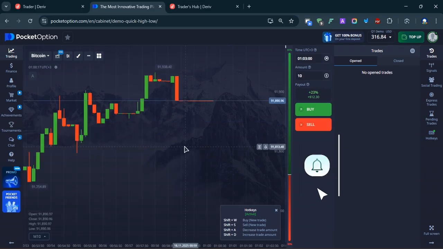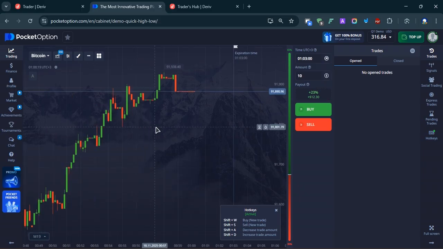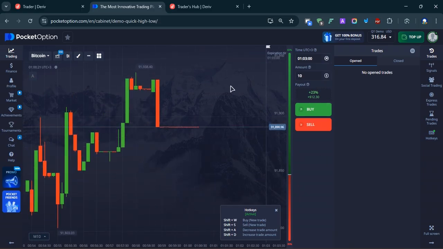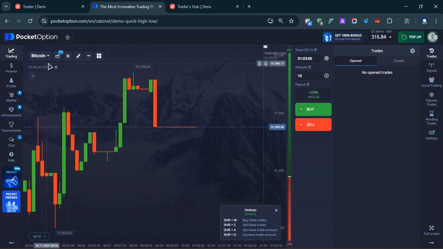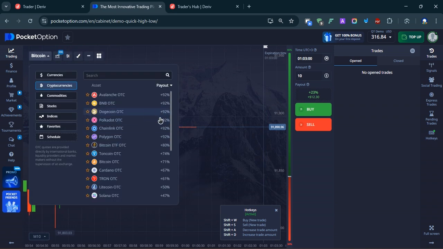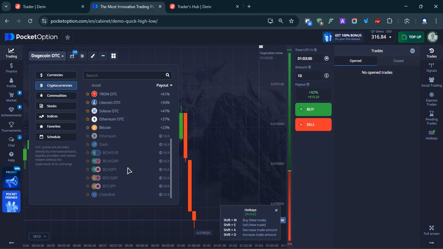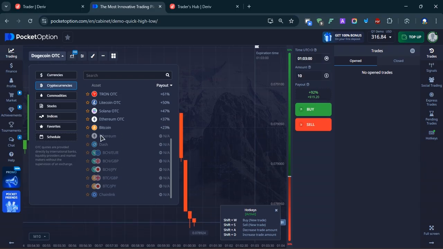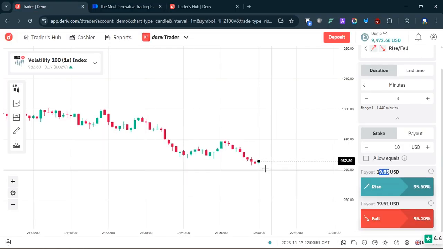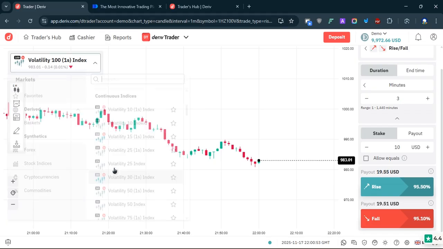So what you need to understand is that when you are using Pocket Option, you will have a difference in profits depending on the market that you choose. Not all the markets will give you a constant profit. And then when you use Pocket Option, here you see that these are disabled. You cannot trade these binary options here on these markets because you might end up winning a lot of the time. So let us go back to Deriv,